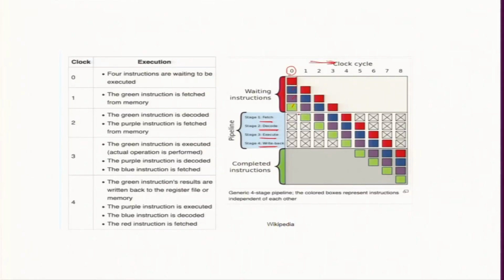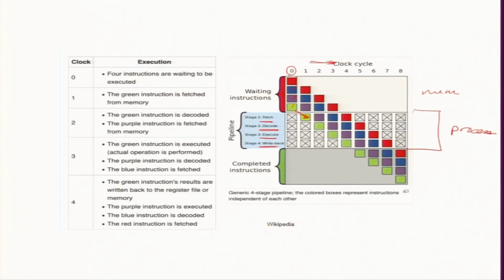How? The first time you push this green into the processor, fetch. So, this is the processor, and this is the memory. Memory could be cache. It is not coming directly from RAM, it is coming via cache. So, in the first clock cycle green comes in. Well, I can't proceed to purple because purple may depend on what happens to green. Instructions happen one after the other, right? I multiply a number by something, then add in the next cycle. So, I can't do all of them in one shot.